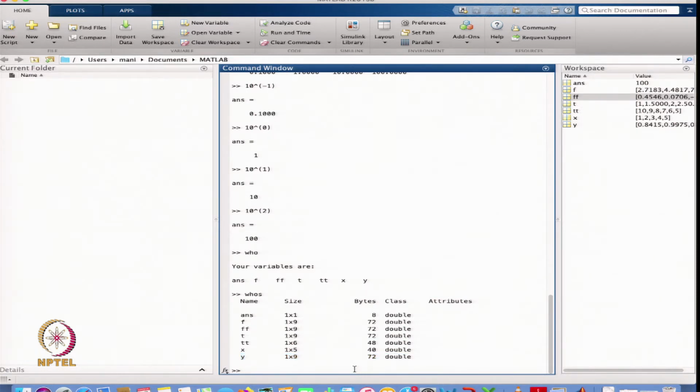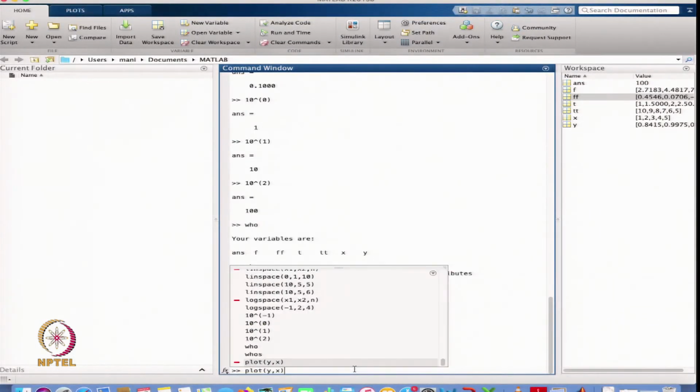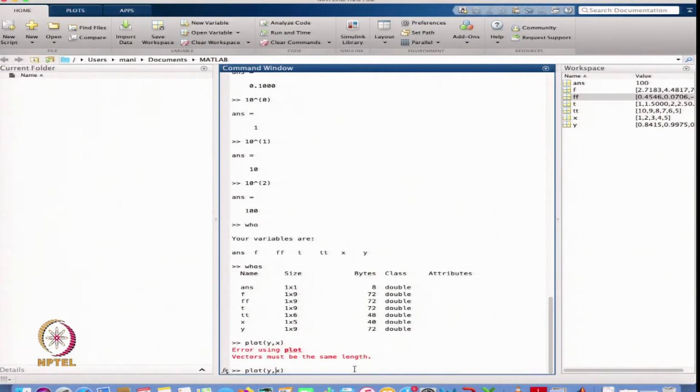Now suppose I want to go a little further and plot the function y with respect to x. I want to define what y is. Whenever I defined y, I took the value of y over the interval t.